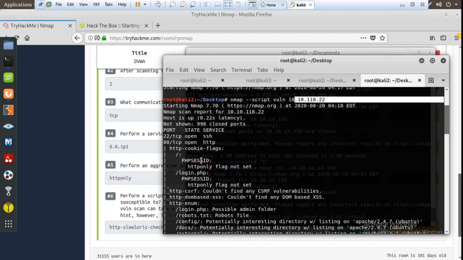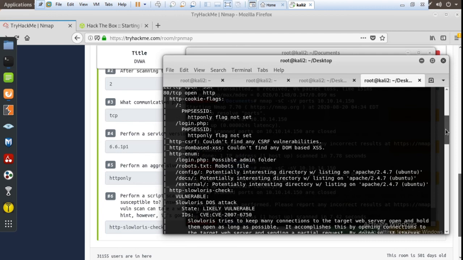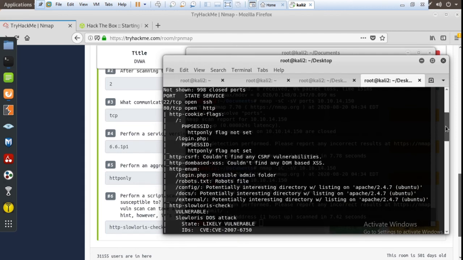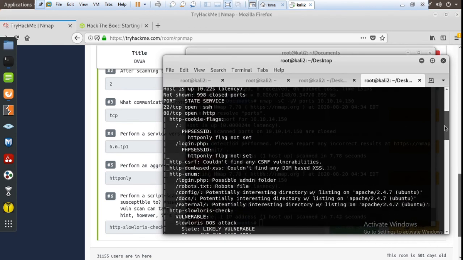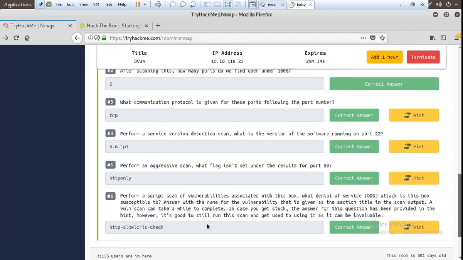And here, check the HTTP results. Only this vulnerability is available here, for a DoS attack. So that is the right answer for us. So here, paste and submit.